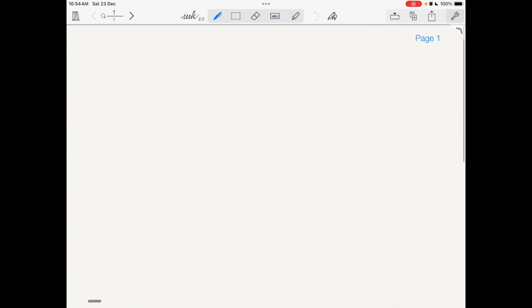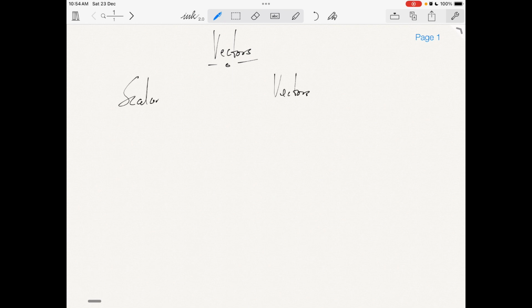Taking a look at vectors. From our previous understanding, we know the difference between scalar and vector: a scalar has magnitude, while a vector has magnitude and direction. So we can say scalar quantities have just magnitude but no direction, and vector quantities have magnitude